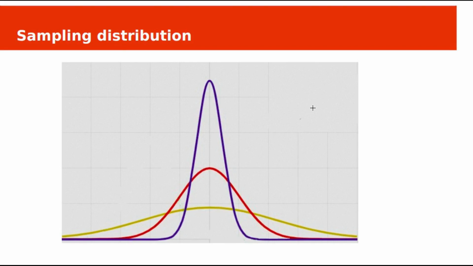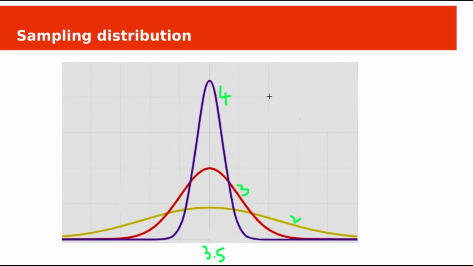If we plot 2, 3 and 4 dice rolled, the distributions will be like this. As you can see, the greater the number of rolls, the more the probability distribution of the average values is clustered around the average value 3.5. This is for 2 dice. This red curve is for 3 dice. This is for 4 dice. This means that the standard deviation of the average is decreasing as you increase the number of samples used to calculate it.